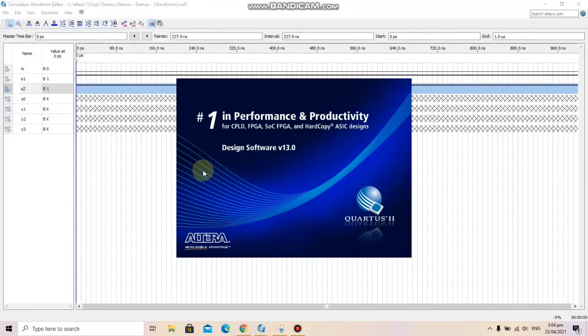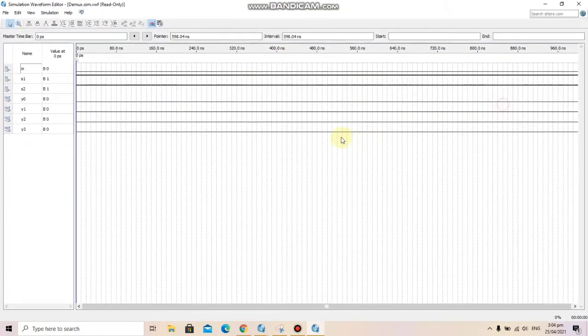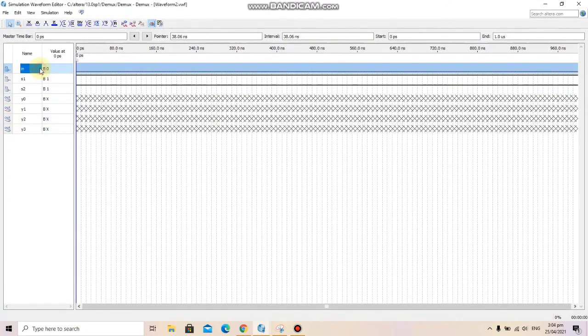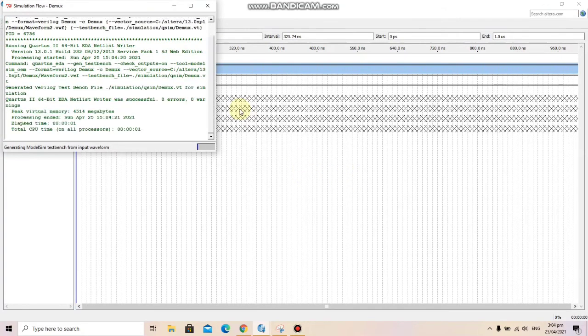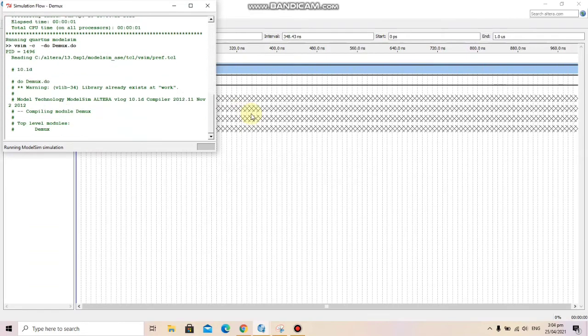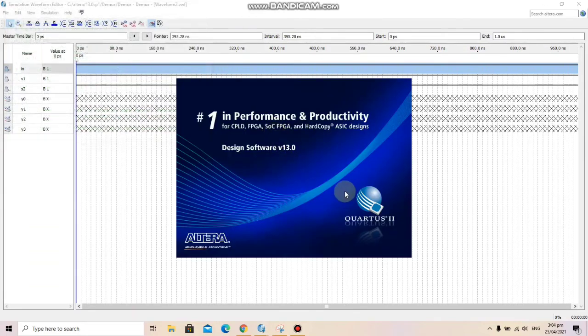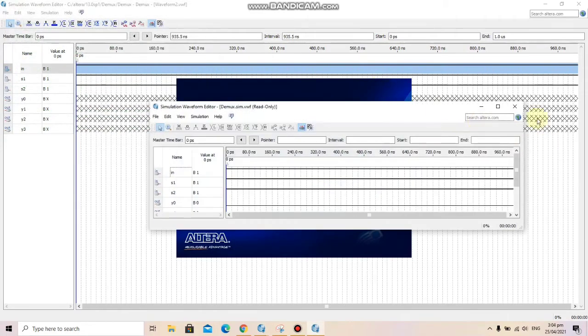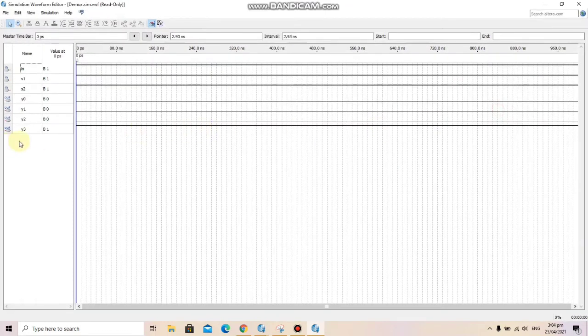So now our output Y3 should also be 0, and we can see output Y3 is 0. And now if I change this input in1 to high, our output Y3 should also be high. And here we can see now our Y3 is high.